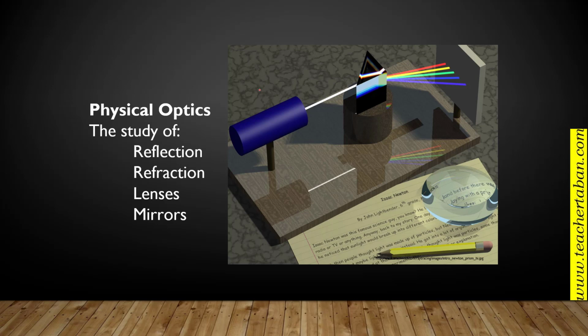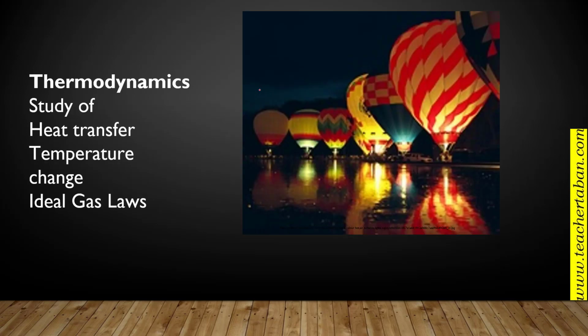What are the applications of light? We shall be looking at the nature of light, properties of light, how light is produced, what are the applications of light. Under this, we shall be looking at reflection, refraction, lenses, mirrors, and very many other concepts, ideas. Then we have thermodynamics. This is all about heat. For example, we have this diagram here. Can you guess what this diagram is all about?